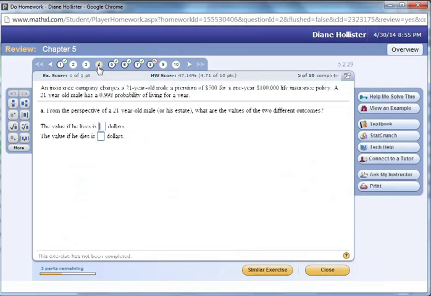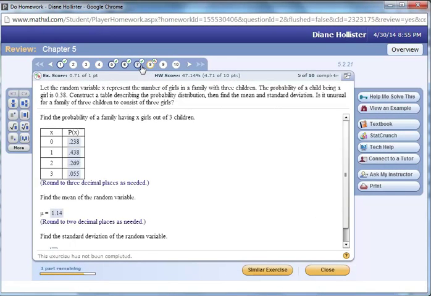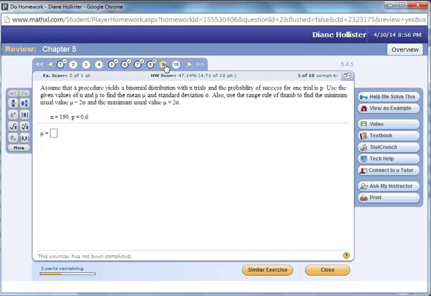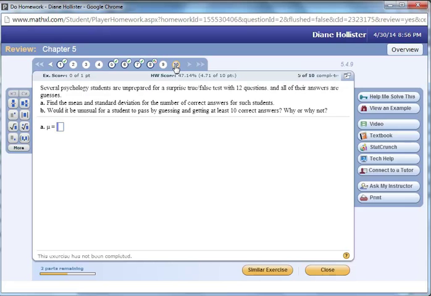Okay? That's one type of problem you're going to see in Chapter 5. Another type of problem is, of course, your binomial distribution. And in a binomial distribution problem, you are going to be given a chance of success, the number of trials, and asked to determine the chance of a certain number of successes occurring. So here's one that hits near and dear for many students. You are unprepared for a surprise true-false test. It has 12 questions, and you guess on everything. So you want to find the mean and the standard deviation, first of all, for the number of correct answers